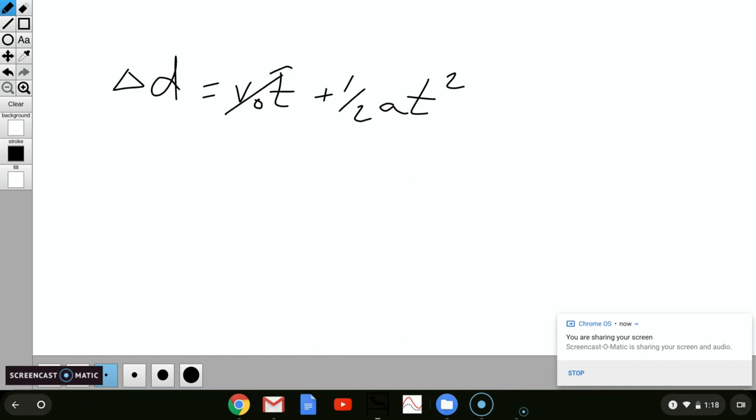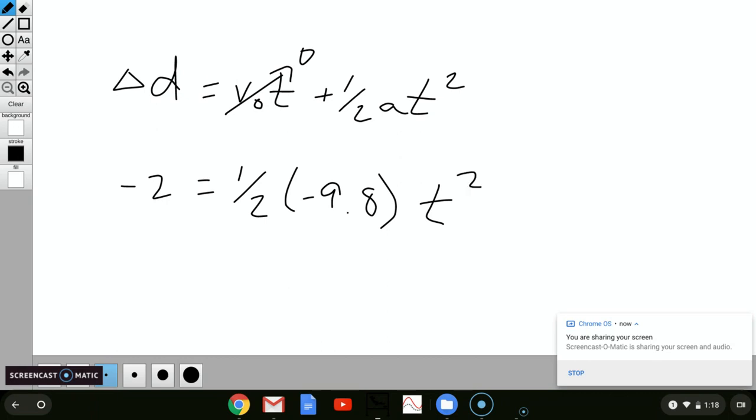Now, the initial velocity of object A was 0, so that goes away. The displacement, how far it fell, was negative 2 meters, because that's how far it fell, not where it started, times 1/2 times negative 9.8 times t squared. And if you run this through the calculator, what you end up getting is